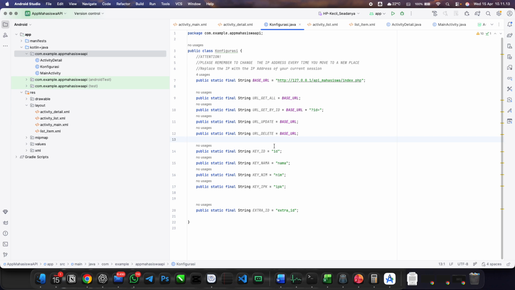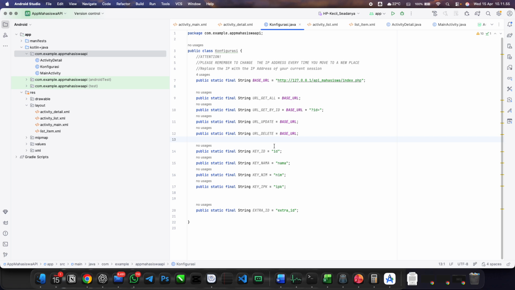Especially for our third part. Before we start, we have to check some of the components, which are our backend and your configurations in the application, such as the Android Manifest and configurasi.java, and we will create the request handler. The request handler functions as a connector between the back end and the front end. It will translate the JavaScript object notation result from the back end, and later in the fourth part we will utilize the result from the request handler.